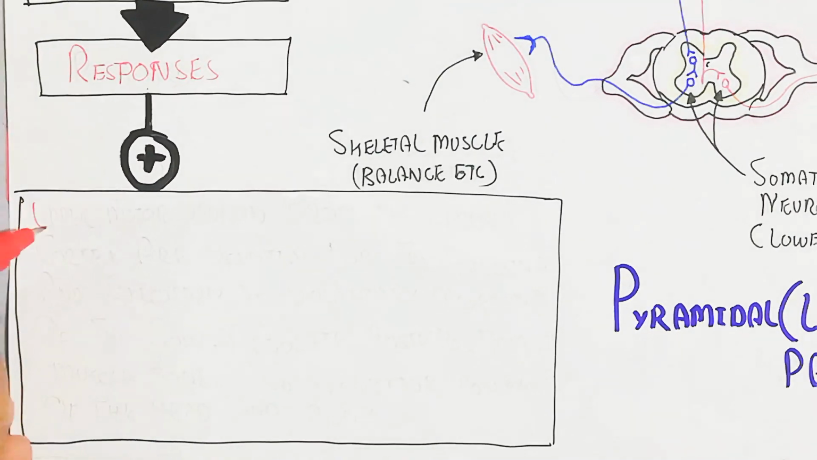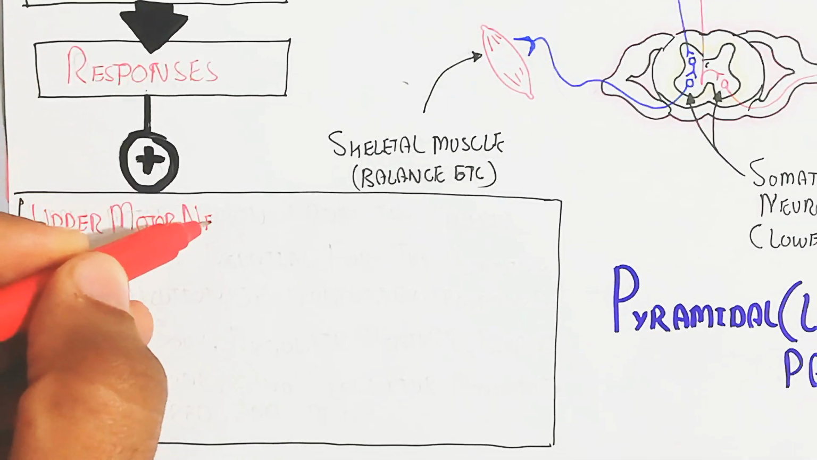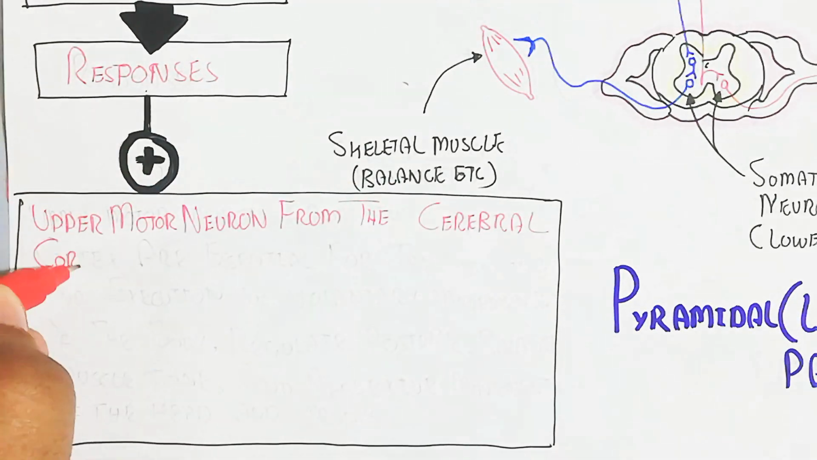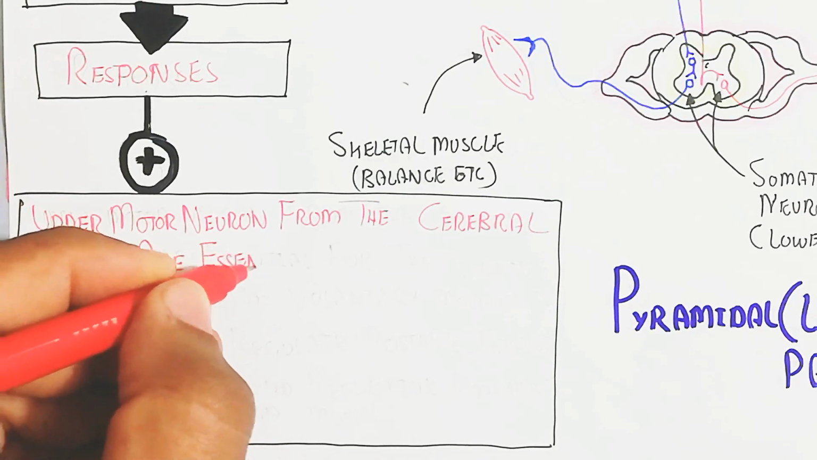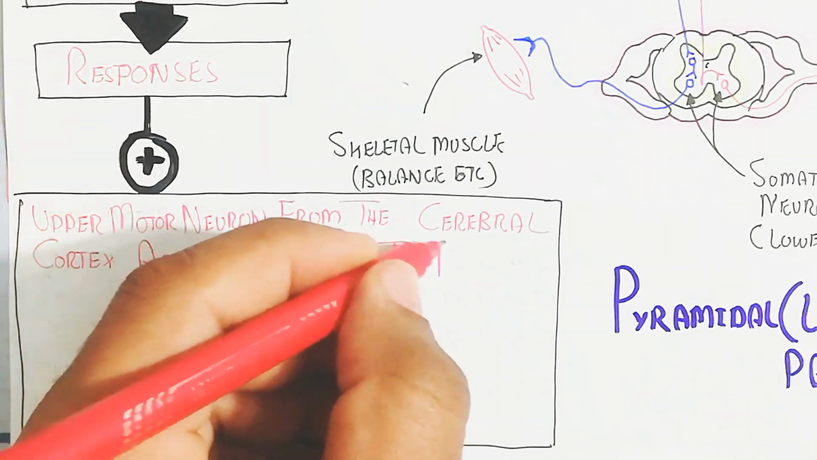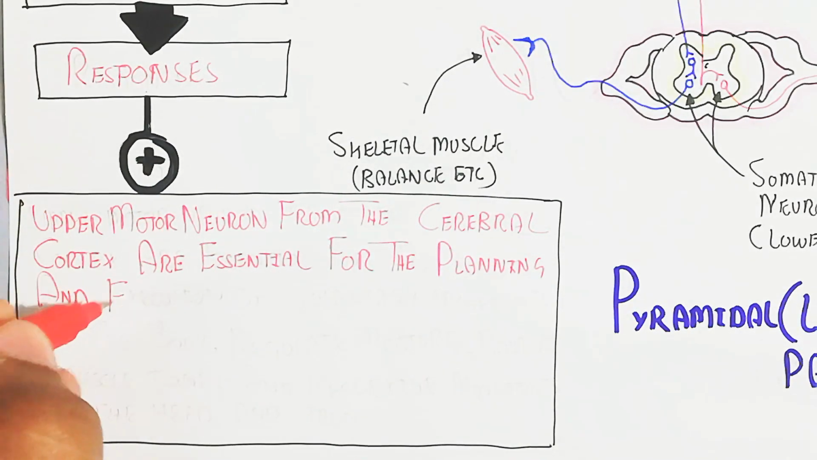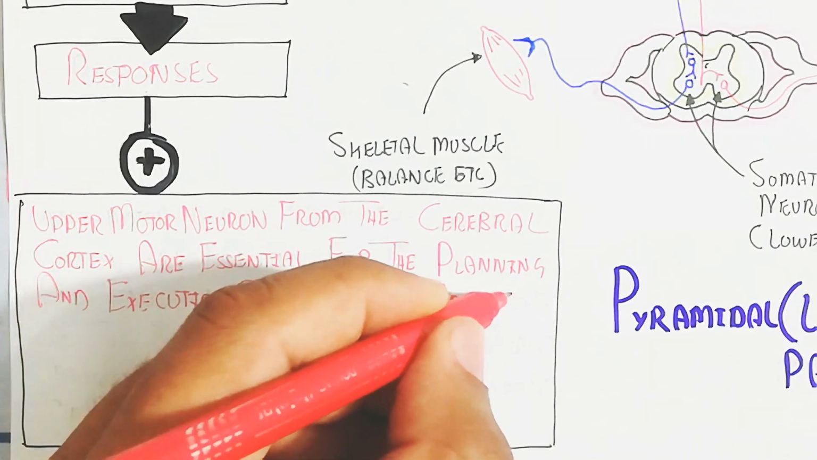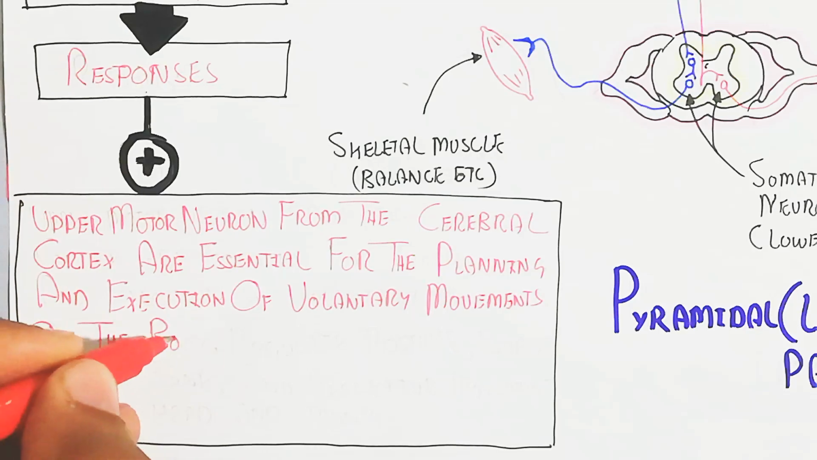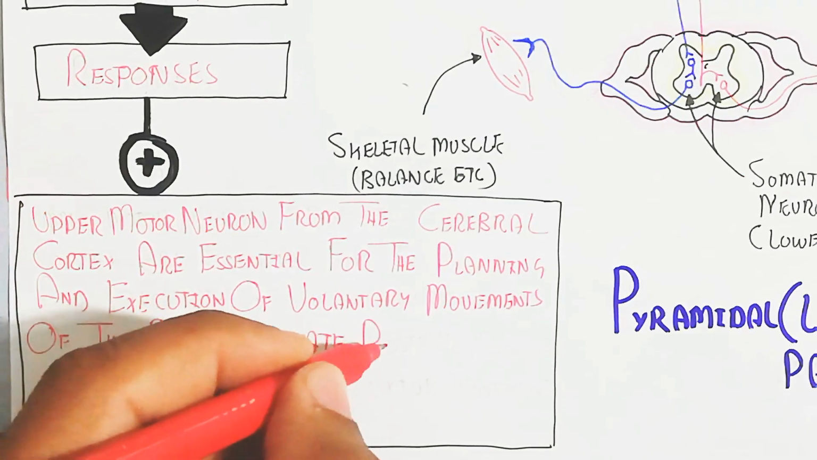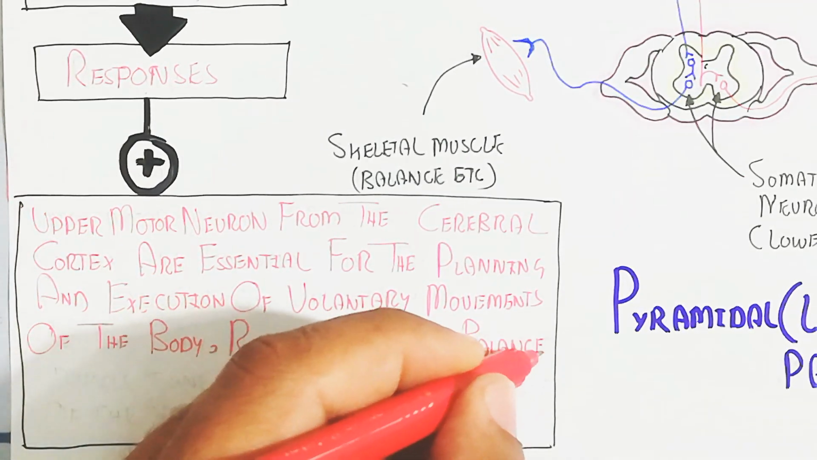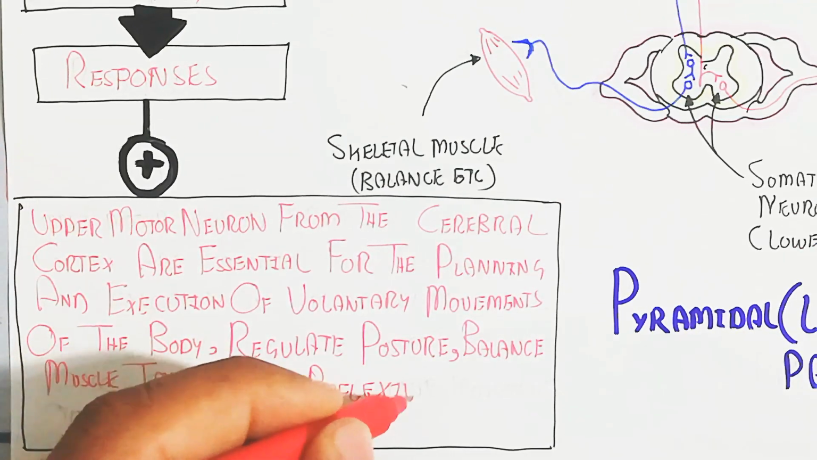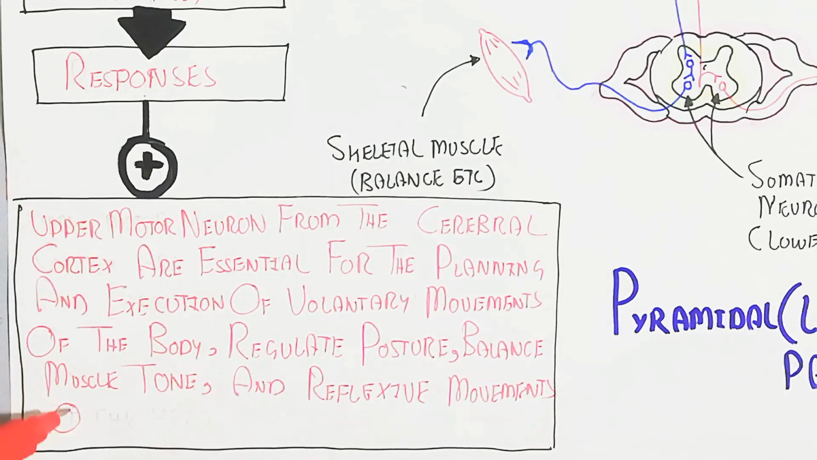Upper motor neurons from the cerebral cortex are essential for the planning and execution of voluntary movements of the body, as well as regulating posture. It means, as well as the balance, muscle tone, and the reflexive movement of the head and trunk. In this way, the movement of the head, as well as the balance and tone of the muscle